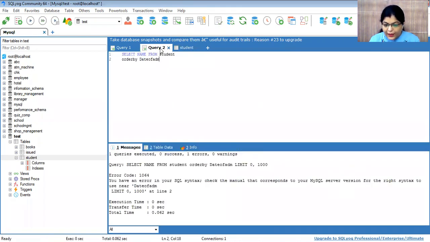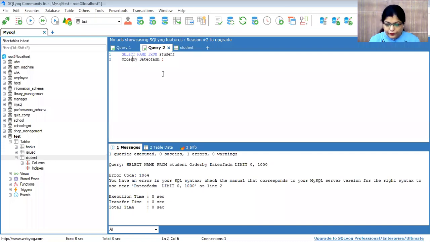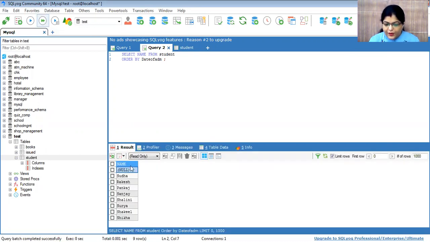So it is date of ADM. Here the name should be the same. Now see here, there is no color, which means there is some mistake. I just put a space here. Now the color of order by is automatically changed.